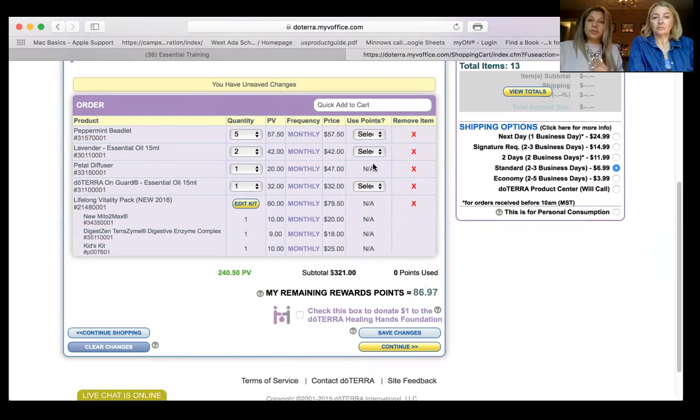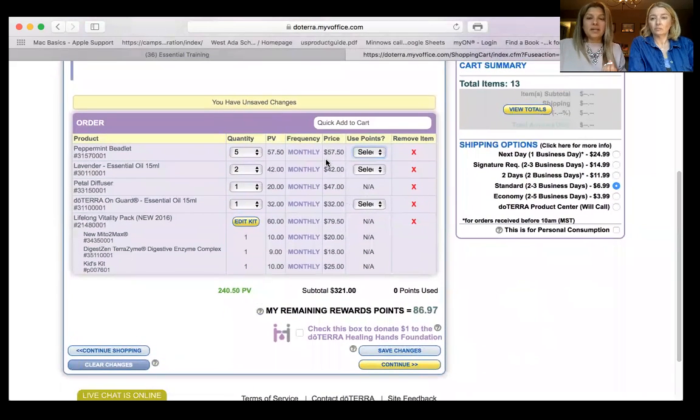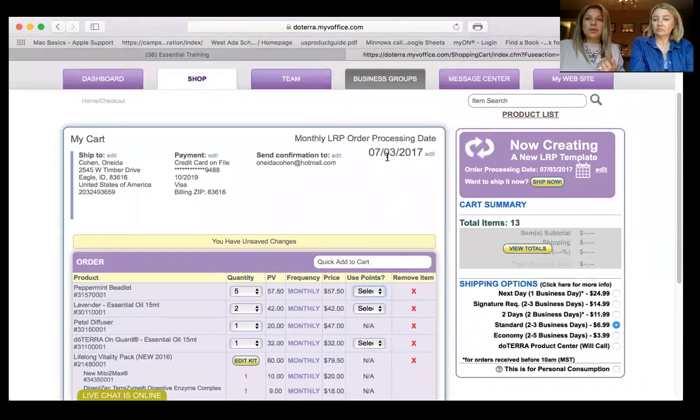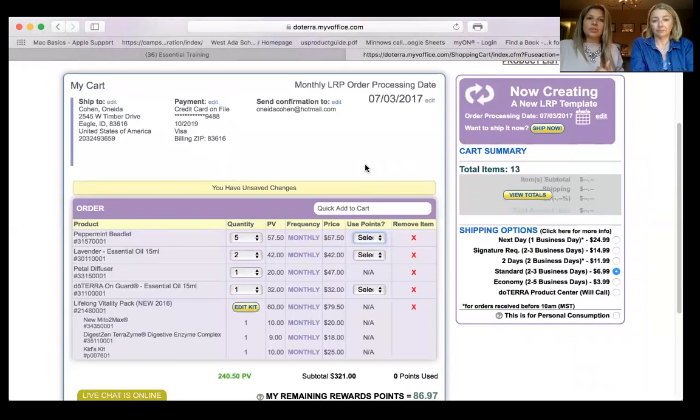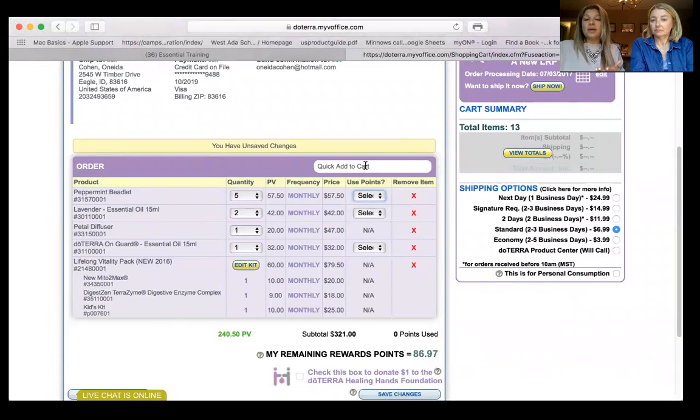The way to redeem your points is you select in here what you want. It's going to give you a heads up, because if you select to use your free points, you are going to be asked to process your order right away. It's not going to go out on July 3rd. It will go out today. So just be aware of that, but that is a way that you can use your free rewards points.